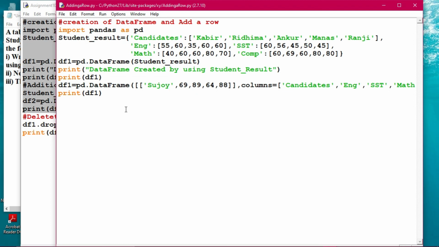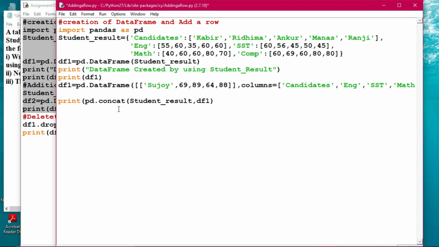Then we could do it in this way. Print pd.concat. Then pd.concat, and then we can give student result, sorry, concat student result, and then comma, and we can give df1.